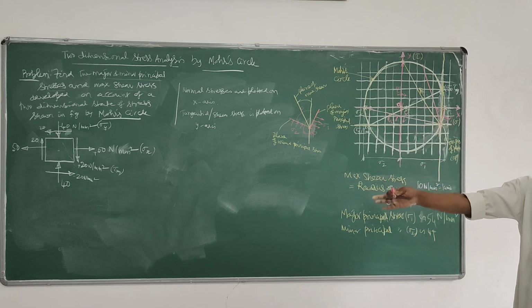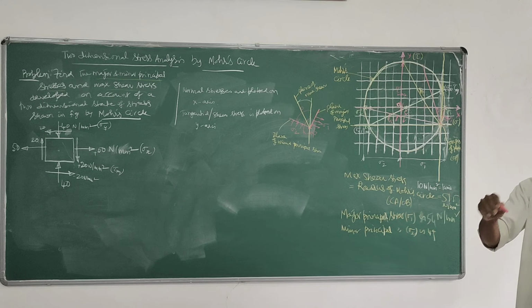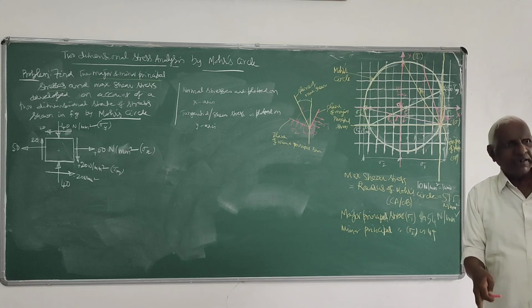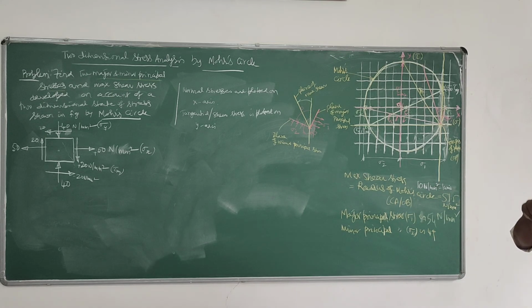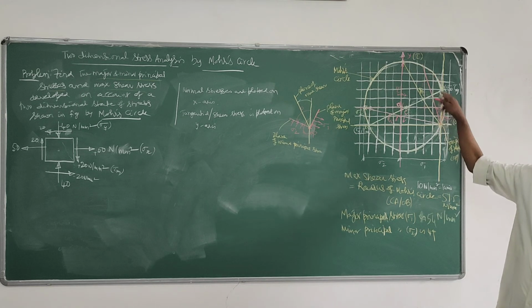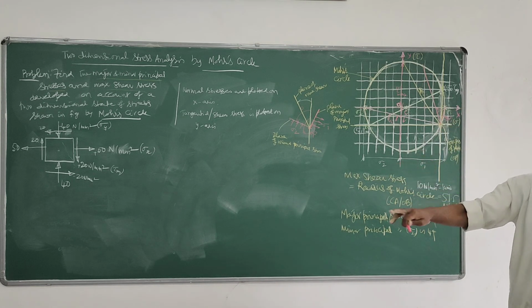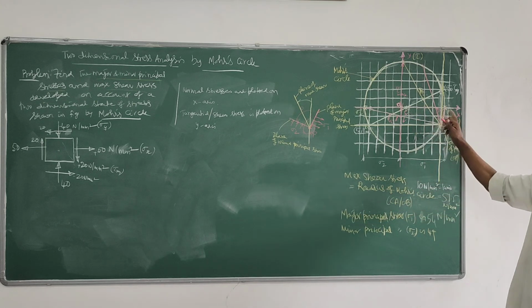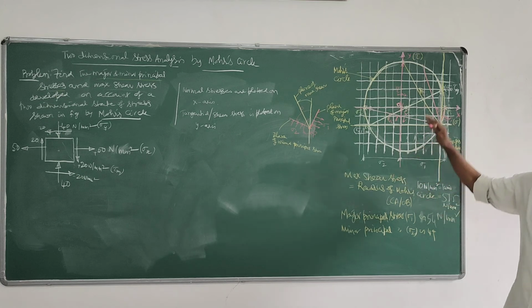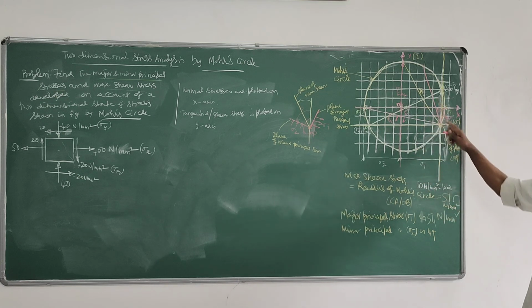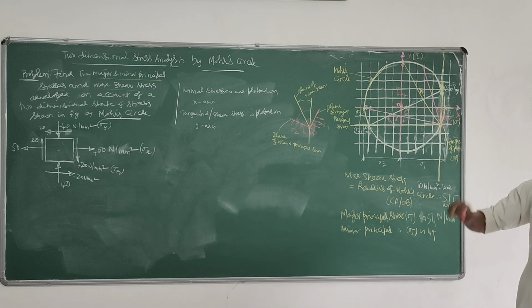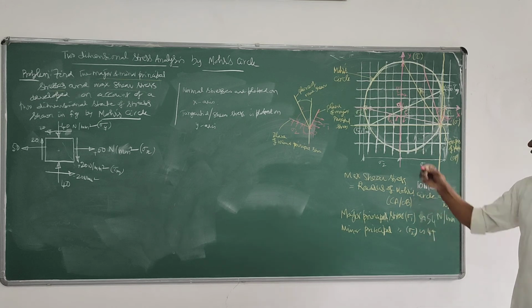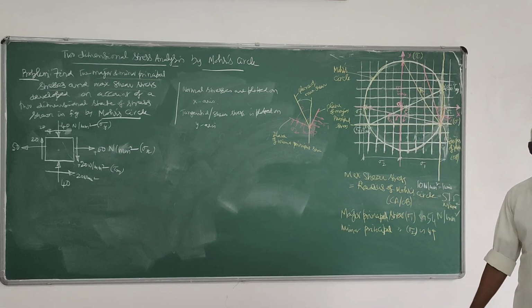So all that equation, whatever I have given earlier, on any plane inclined at an angle theta, what is sigma n and sigma t? That you can find out from this. Then how to find sigma 1, sigma 2, that equations I have given, you can find out from here. Then the planes on which they are acting, again after locating origin of plane, you can find out. And tau max also you can find out.